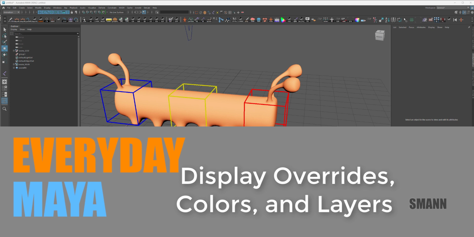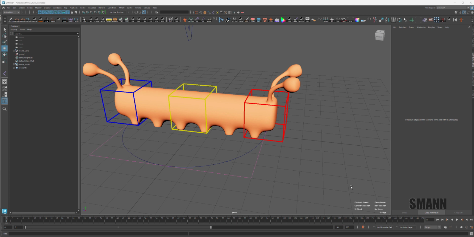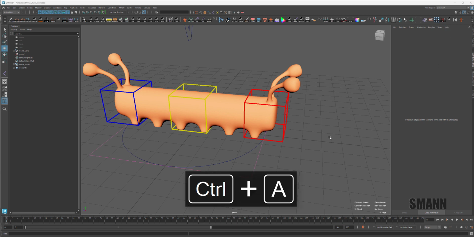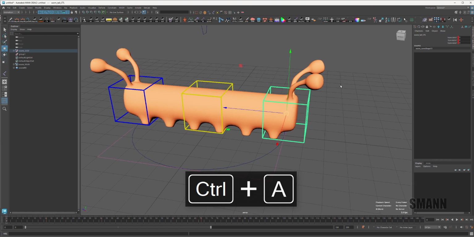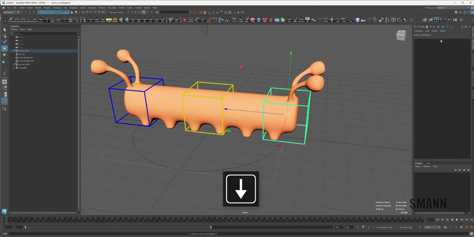So an issue that just popped up for a couple different people in the forums for Maya was that they were selecting their controls, but the channel box wasn't showing their channels. So they were just getting up here something that looked like this. And you'll notice I just did that with the arrowing down, but I'm getting this curve shape node. And I think that's what was happening to them: when they went to select the object, they were getting the curve by mistake. And the reason for that, I think, is because of display overrides and how Maya selects